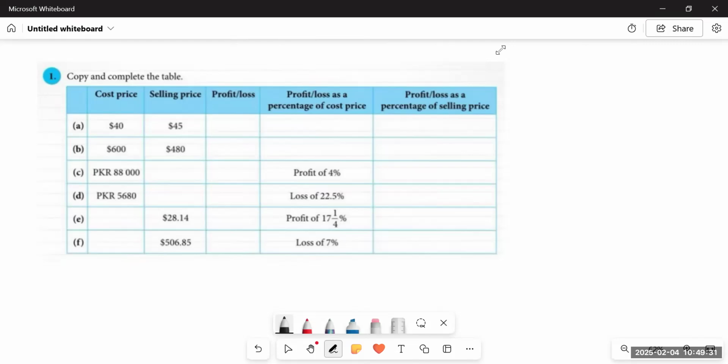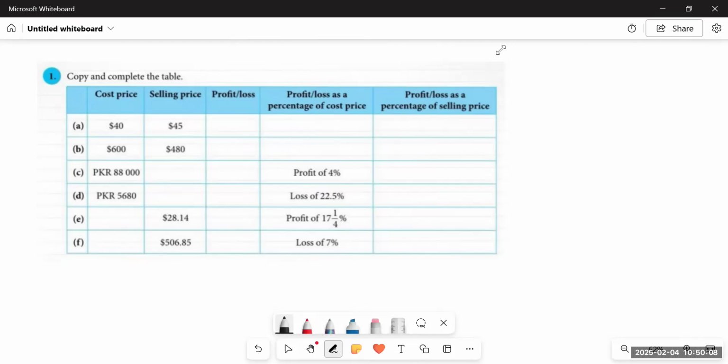profit and loss. So if we have bought something at $40, and then I sold it at a higher price than the cost at which I purchased it. For example, I bought it at $40 and sold it at $45. It means I have sold it at an increase of $5. That is, $5 is greater in the selling price. So we can say that whenever the selling price is greater than the cost price, we have incurred a profit. We have got a profit of $5, which will go straight into my pocket.